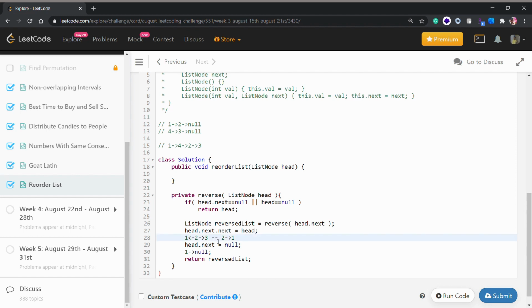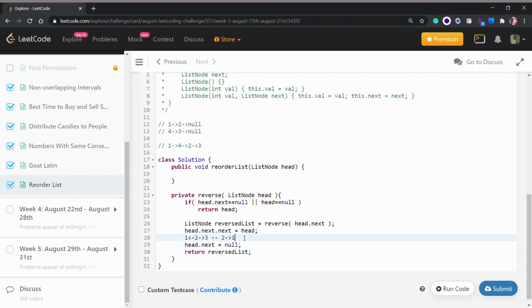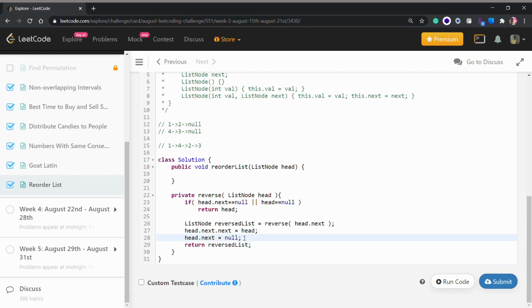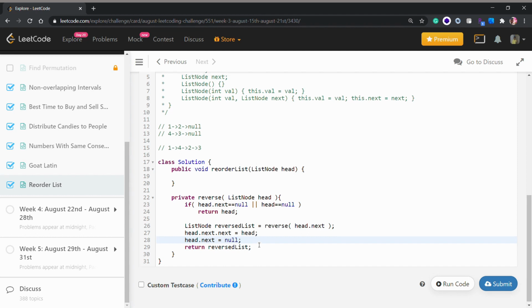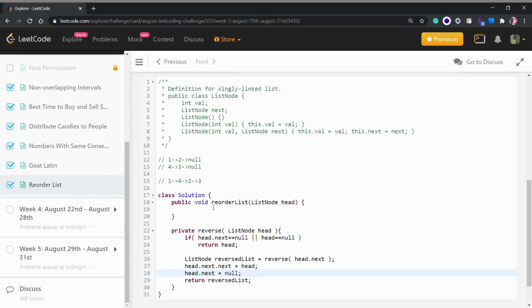So basically that's what we are doing recursively, and that's how our algorithm works. If you are confused, I might make another video on how to reverse a linked list in future, but I think it's fairly straightforward. This is not a video dedicated to reversing a linked list, so let's focus on our problem.